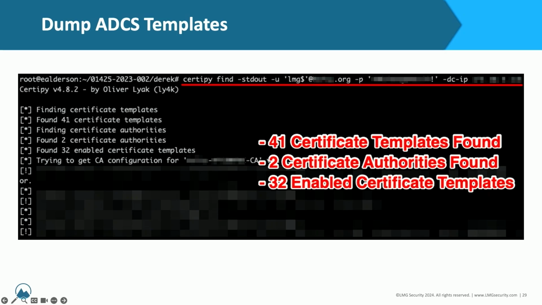I think out of the box, default install is like 10. So this organization has clearly customized a lot of templates. And the more you customize templates, the more likely it is that you've possibly created a misconfiguration that could compromise your entire organization. Yeah, exactly. So to start off with, now that we know we have some certificate templates we can go after,